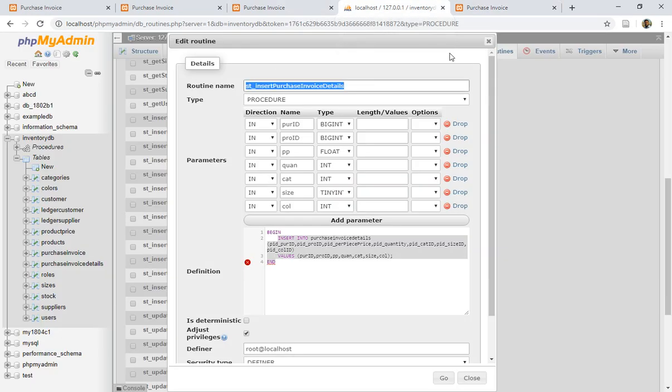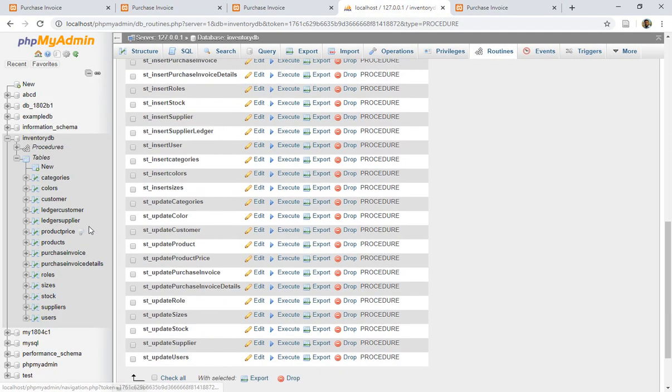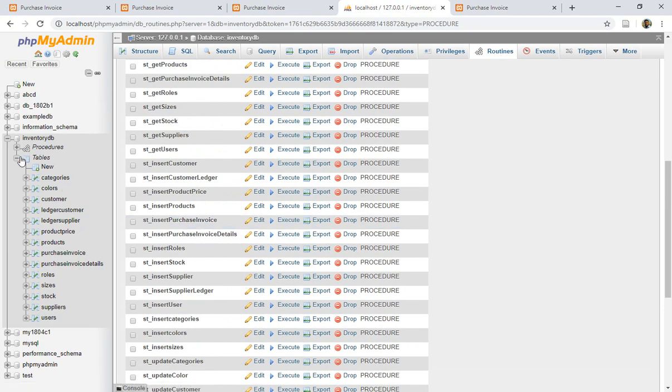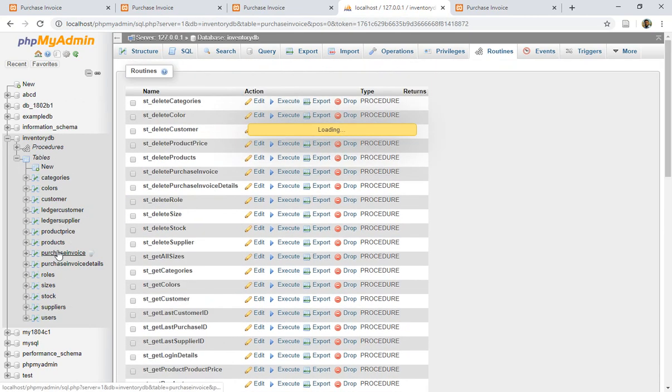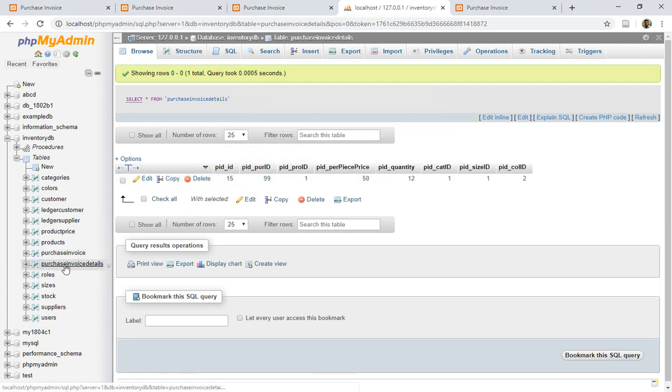So let's go to the database, close this, and click on the purchase invoice. You see we have the purchase ID. I have tried 98 times, guys. That shows how much effort is required to do a single task. You can see the date is there, the supplier ID is there inside the purchase invoice, and the ID is 99. Now let's go to the purchase invoice detail,